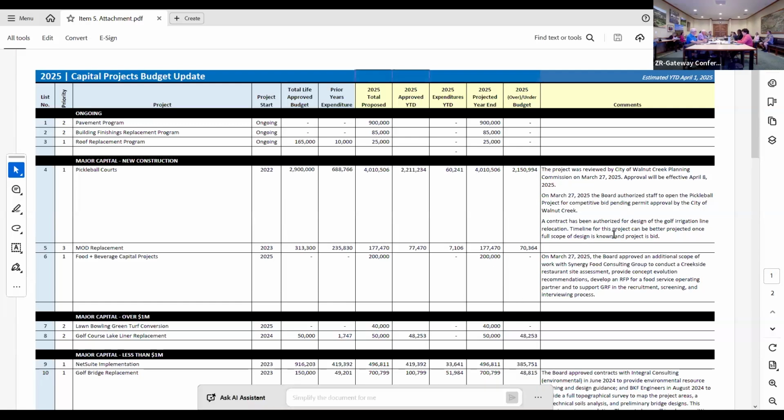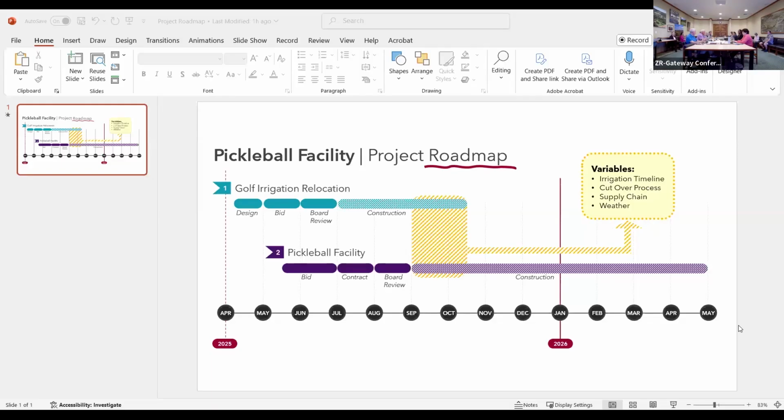What I'd like to show you, because I think once we start getting these projects approved, and there's a lot of excitement, which I certainly share, there's work that still needs to be done before we get the project up and going. So what I'd like to do is to share with you